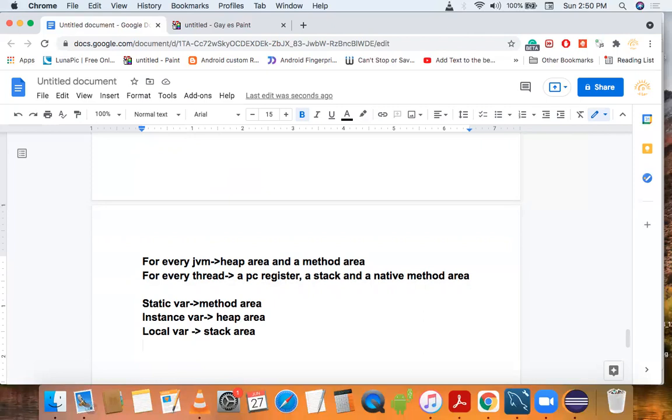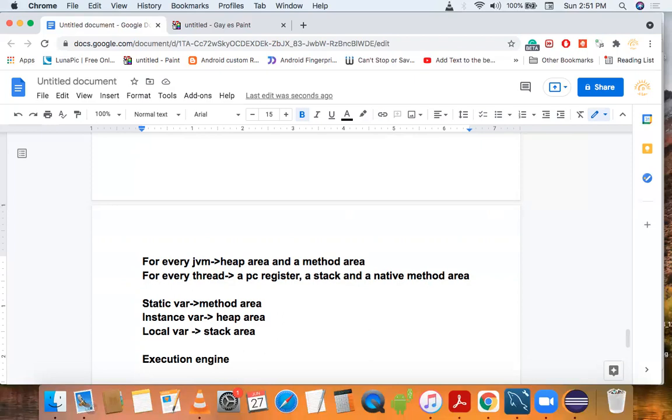So our next topic is the execution engine. This is the central component of the JVM. The execution engine is responsible for executing a Java program.